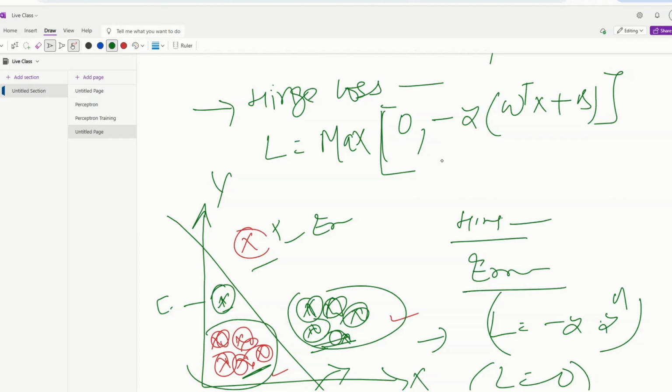In that case, there will be loss, and we have to find the new weight and new bias, and there will be an update. According to the update rule also, we are coming to the same point. So this is the summary of what we discussed as of now in a simple statement. Okay,